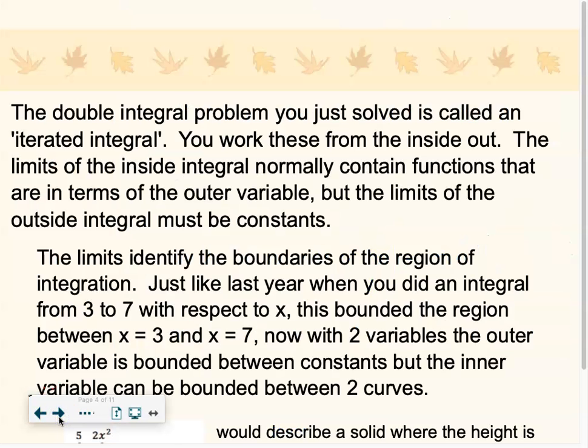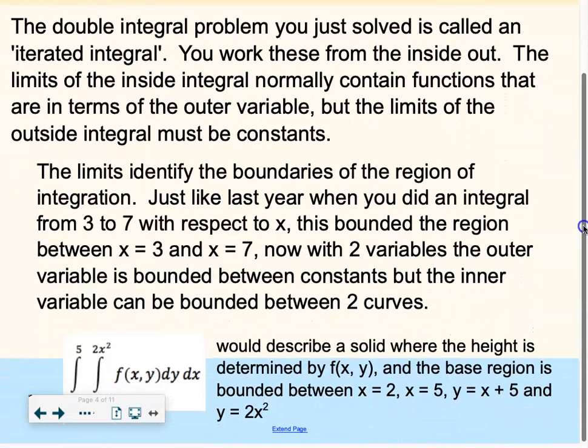All right. So the double integral you just solved is called an iterated integral. You work these from the inside out. The limits of the inside integral normally contain functions